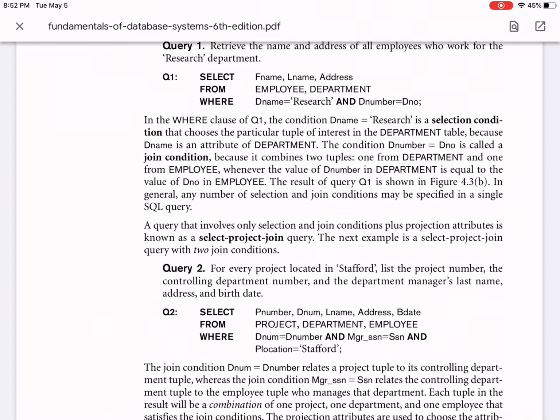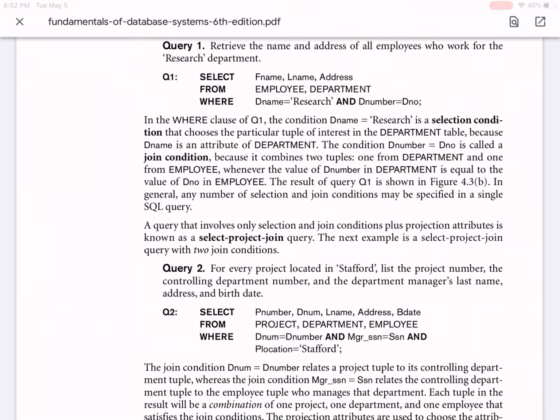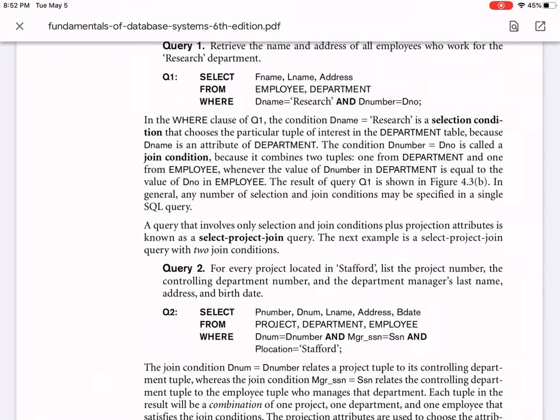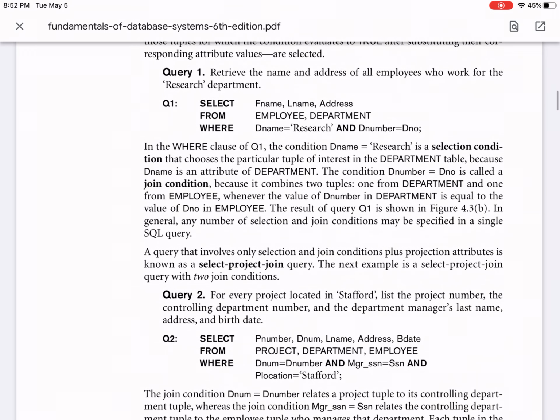And D name, the name of the department, research, is in which table? It's in the department table. And what is this D number and what is this D number? This D number is in the employee table, I suppose, and this D number is in the department table. So I have to be specific in writing that. I might as well give aliases, which we will see further ahead.